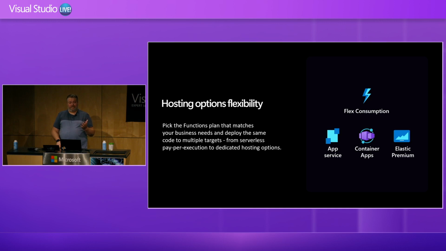And the last thing I wanted to call out is that both container apps and flex consumption are only Linux-based OSs. So app service and the Elastic Premium plan are good for Windows. If you have a strong dependency on Windows, you use some specific Windows-dependent solution, then Premium and app service or the consumption plan on Windows are options there. Nowadays, more and more as we talk to customers, they are building solutions with .NET isolated that can run either on Windows or Linux, and sometimes it performs better on Linux. So that's why we went to flex consumption just with Linux for now, and we don't yet have any plans to change that.